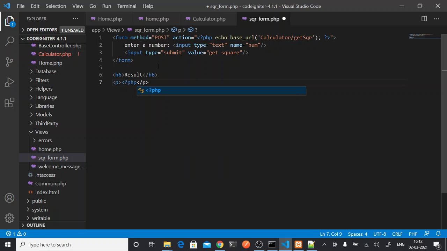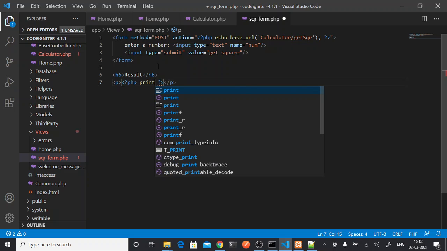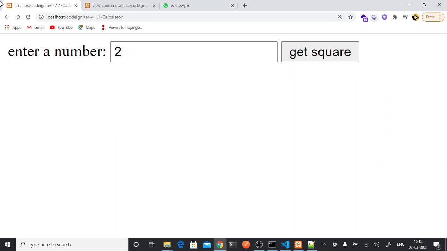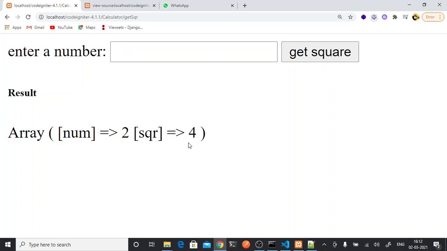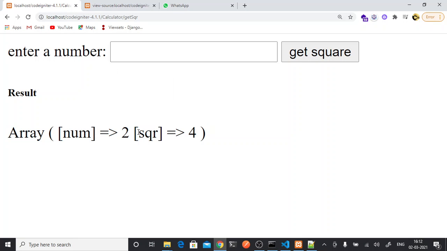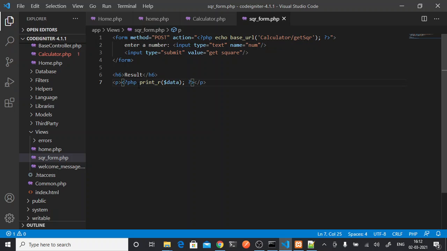So PHP, inside PHP tags I will put equals, let's print our data whatever we are getting from there. So whenever I am putting any data, see I am getting num, whatever I am entering, that also I am getting, and I am getting the square as well. So now I can show the output as I want.